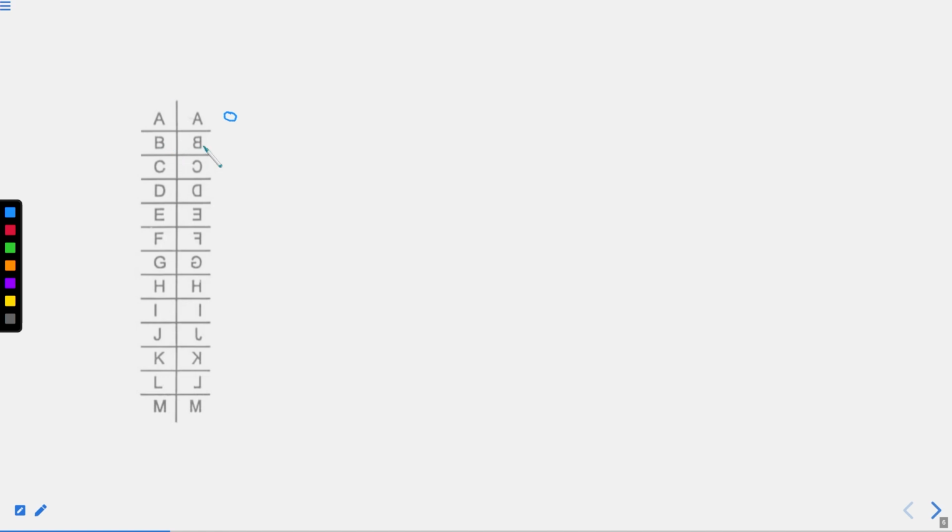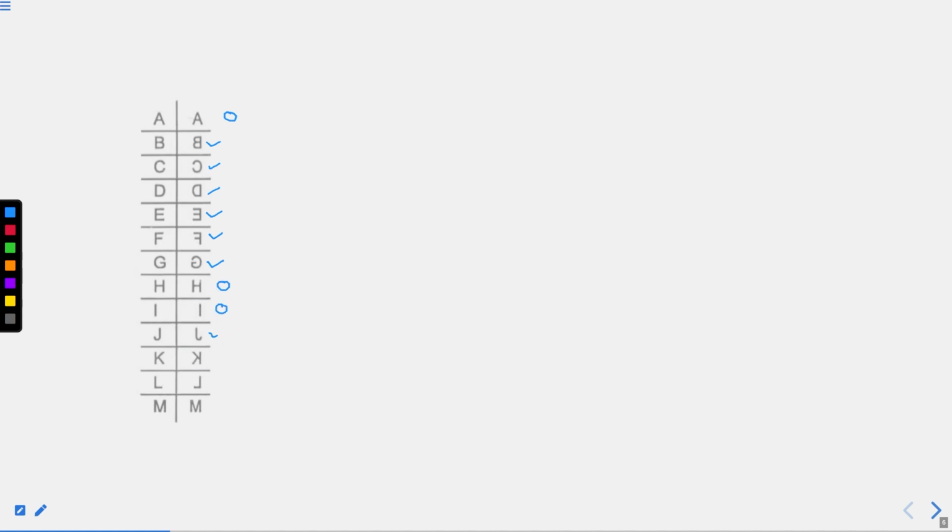For B this is the mirror image. For C we have again the mirror image. For D this follows, right? For E this follows. For F this follows. You can also see the exact mirror image, right? This will help you in dealing with the different questions. For G this. For H again the mirror image is similar. For I the mirror image is similar.